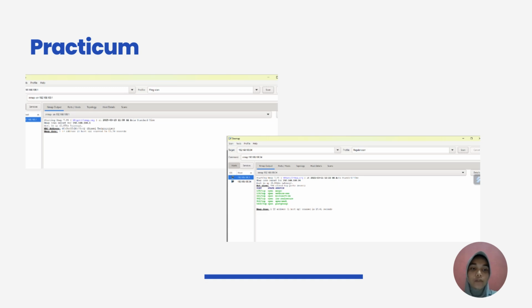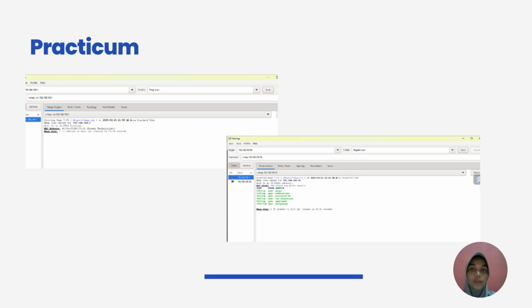After knowing the information on the network, I use the Nmap application to perform network scanning and vulnerability scanning. At the initial step, I will do a ping scan on the target IP, where we use the default gateway IP on the local network. The host status is logged as active, which means that the device is available on the network.